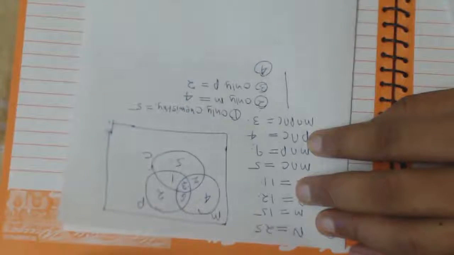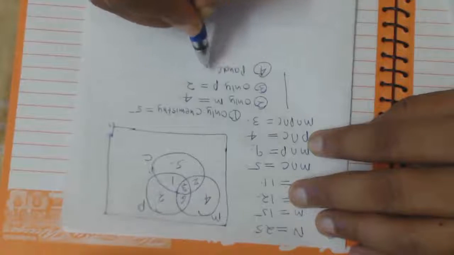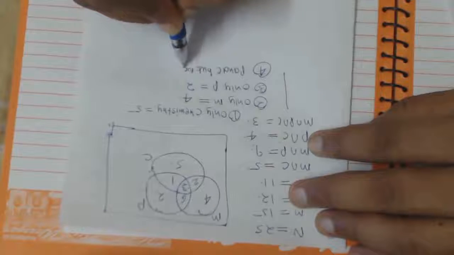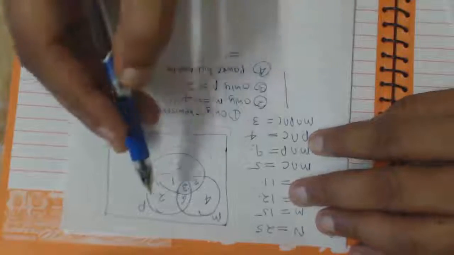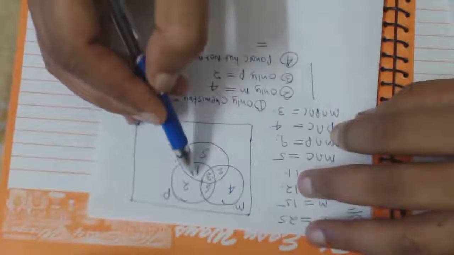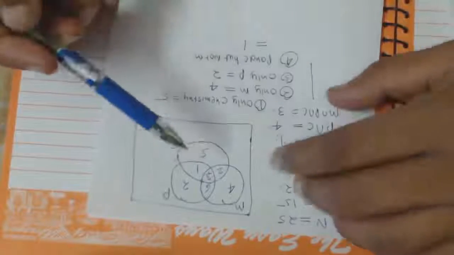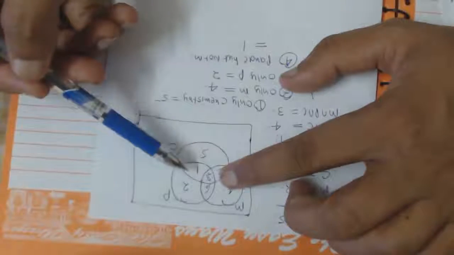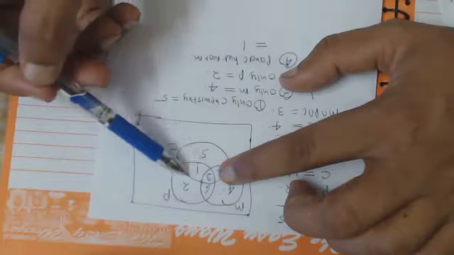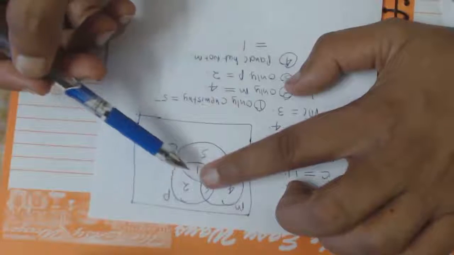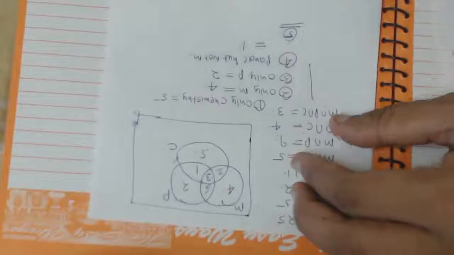Fourth, physics and chemistry, but not mathematics. Only one. Physics and chemistry, but not mathematics. So remove this one. 5 is